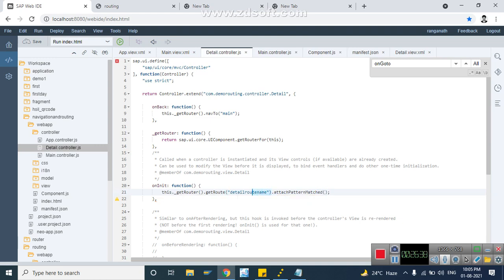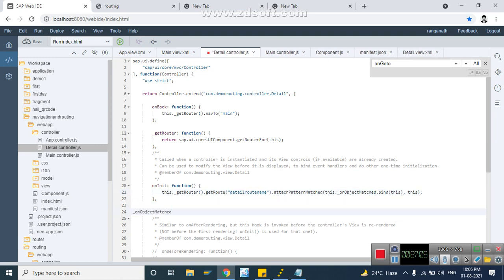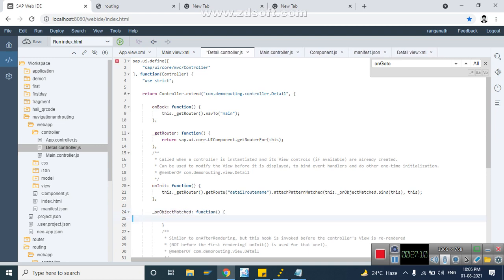So when you reach this view, you call one method, that is onObjectMatched, meaning we are attaching this onObjectMatched method to be called whenever we reach the detail view. We have defined this onObjectMatched method, and now we'll declare the method.